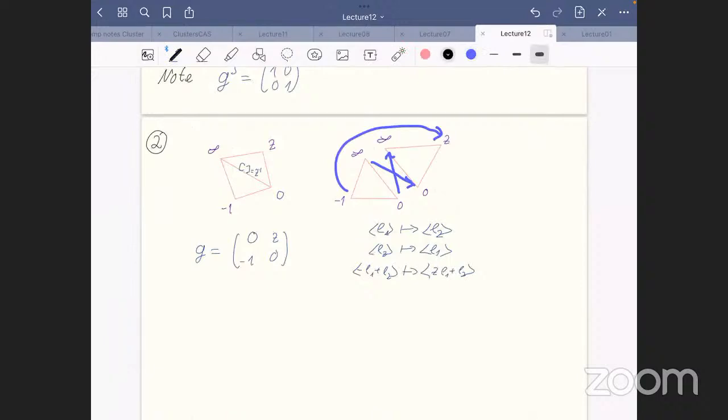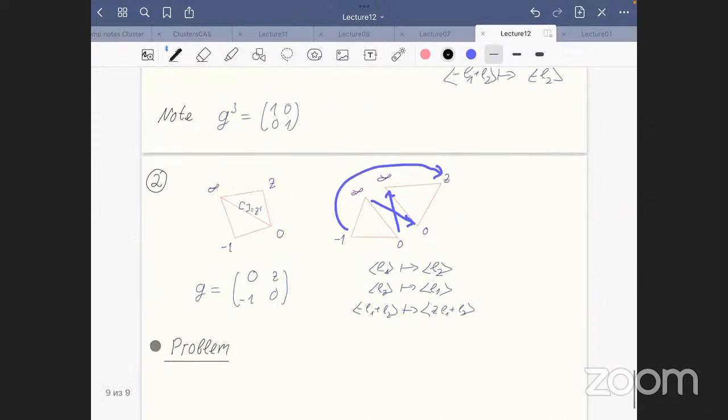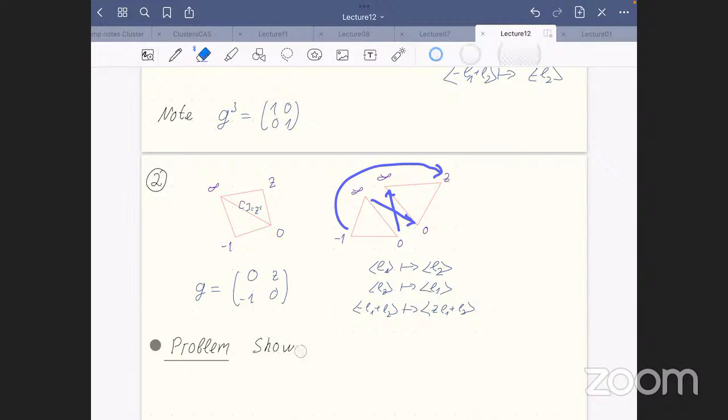Let me state one more property of this construction. For any function